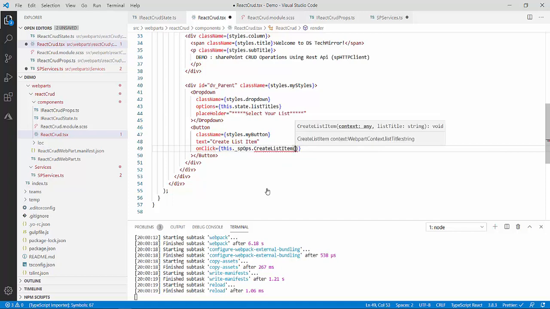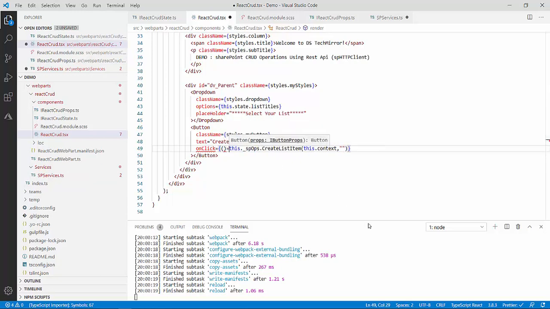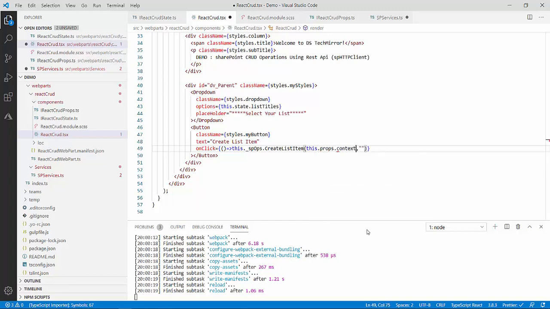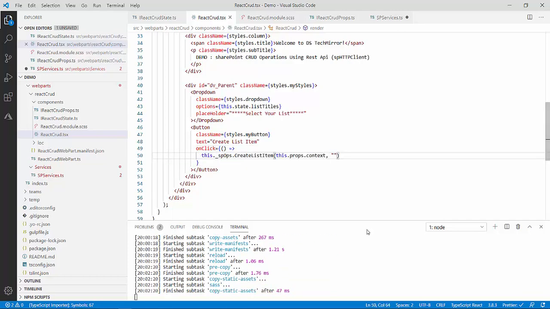And now in the property, I have to provide the parameters. I told you in my last video that if I have to provide the parameter, over here I will provide the context and the list title I will read. For now, let's say, I will hard code it, but still I'm getting an error. So I told you the syntax in my last video. You will go over here and just make it an arrow function, and the error disappears. So guys, to provide the context, I told you not this dot context, but this dot props dot context, because in the properties I have dot context. So now my method is also ready.